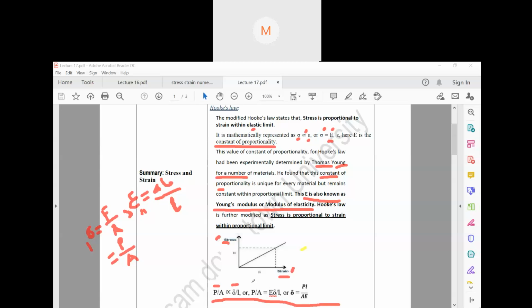So you can write like this: P by A equal to E into del L by L, and eventually we can write like this: PL by AE. This is the basic thing. Okay. So what we'll do is